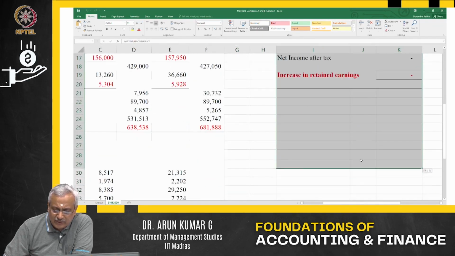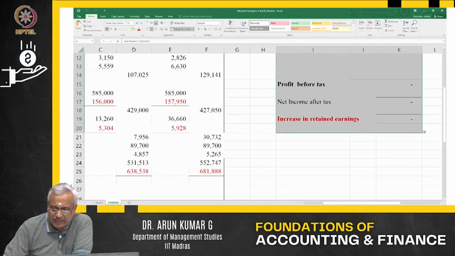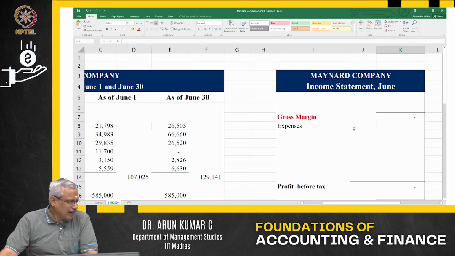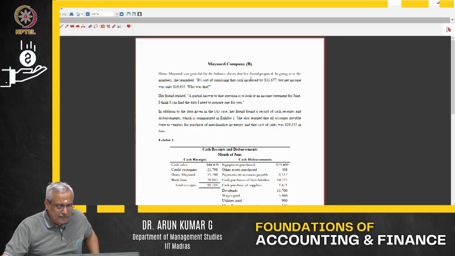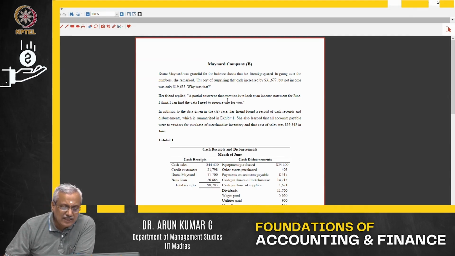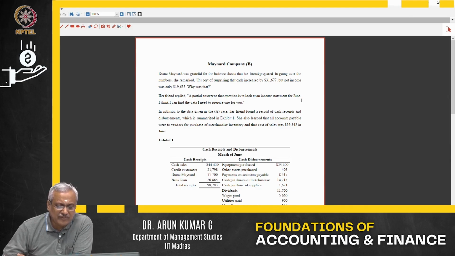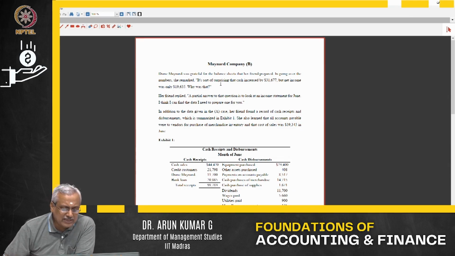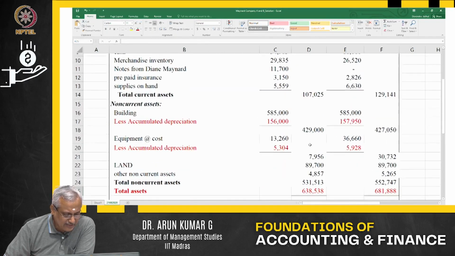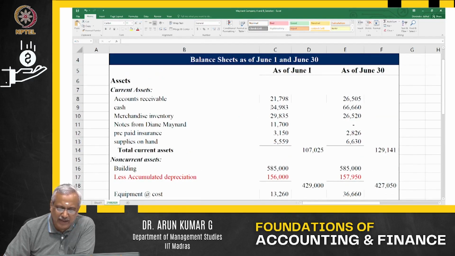So we will continue to work on Maynard Company B. As you would see in the case itself, I can show you the case here. It is about Dan Maynard, who was grateful for the balance sheet that her friend had prepared. In going over the numbers, she remarked, it's sort of surprising that the cash increased by 31,677. We'll see that. The cash, if you actually see this in this particular case, the current assets, the cash increased by